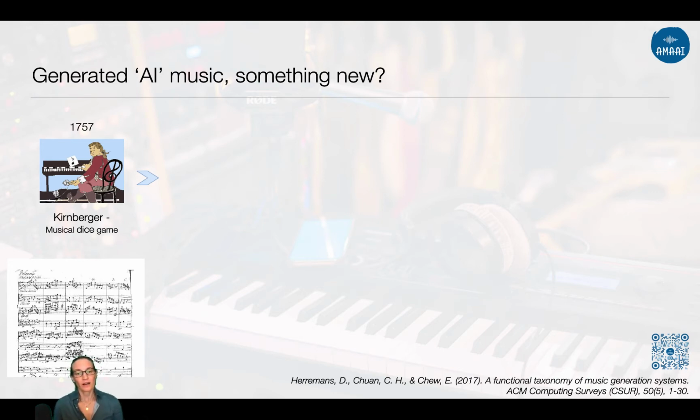You might have all heard of the musical dice games, which a lot of people attribute to Mozart. It's actually due to Philipp Kirnberger. Kirnberger created a concept whereby you have sheet music and each bar is labeled with a number, and you roll dice to create a new composition, meaning you change the order of the different given bars. This is the first idea of having statistics create music for you.